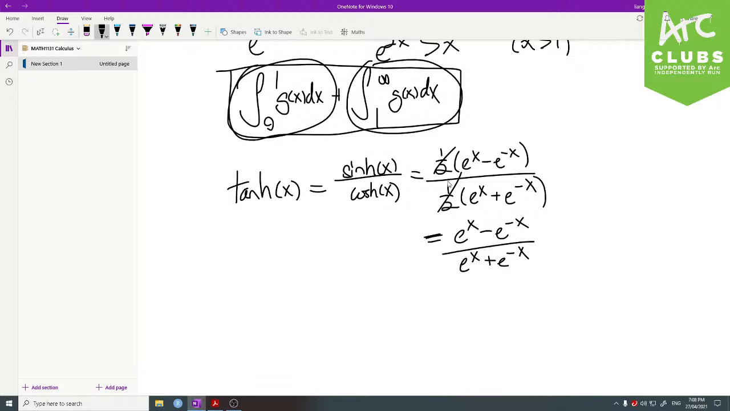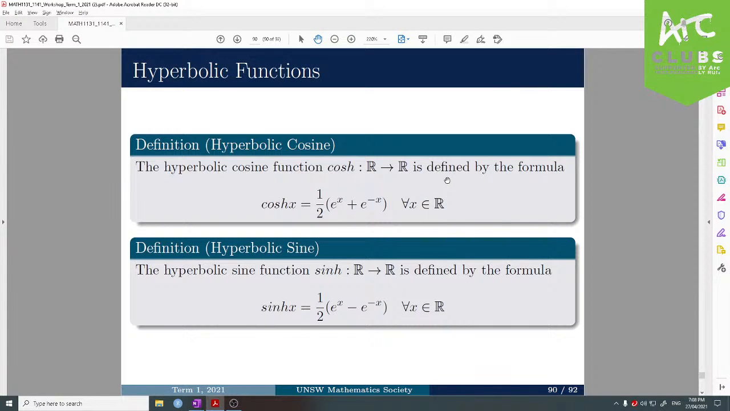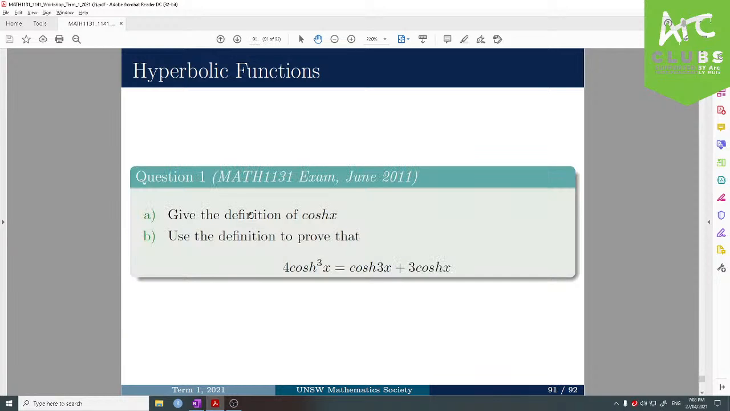Okay. Yeah. So it's similar to just tan equals sine over cos, but this time we're doing it with hyperbolics. Okay. Now, if we move on to the first question that we have, most questions will be similar to